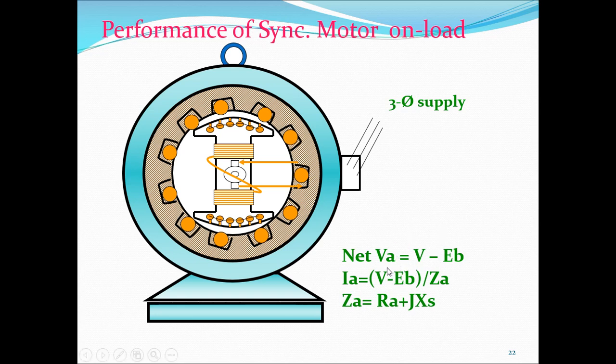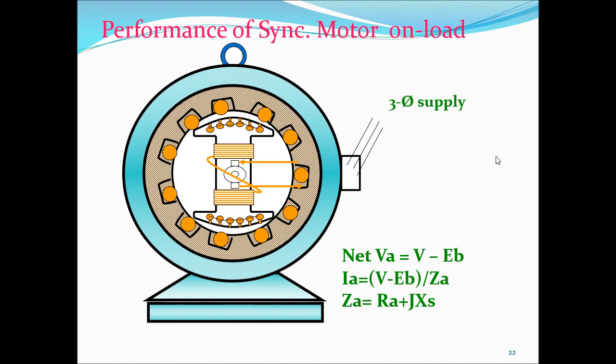This shows the EMF which is produced in the armature. As a motor, as you know, it produces the back EMF. Every motor produces the back EMF, and that is EB. Where does EB depend? EB is the back EMF. What is the formula? It is phi P N Z by 60A. So the back EMF depends on the flux, number of poles, the speed of the rotor and the frequency.